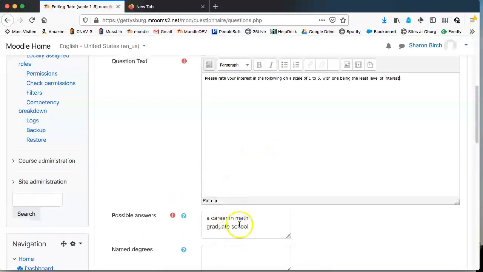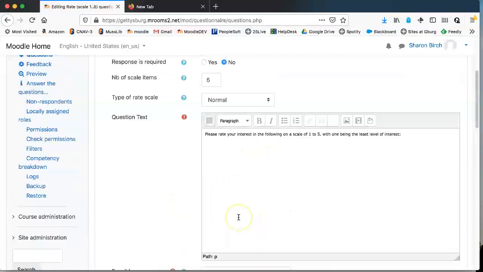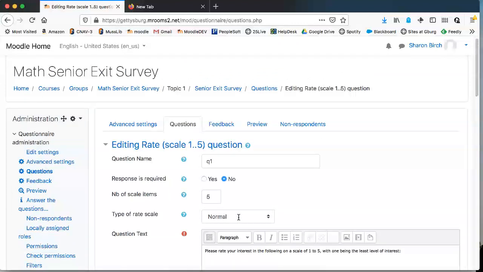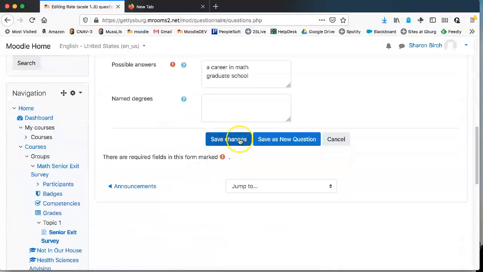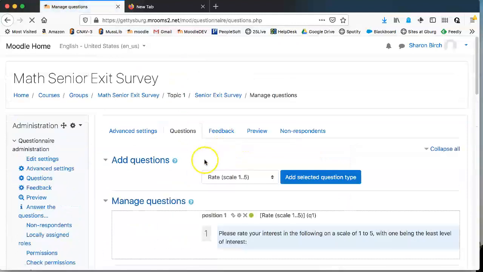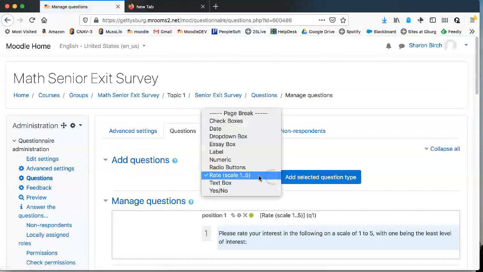So you can have quite a few things here if you want to, or as few as 1, depending on how you want that survey question to work out. This is a common question type in things like SurveyMonkey, which is why I wanted to show it to you in more detail. All right, and coming back here to questions again, if I want to add a new question,